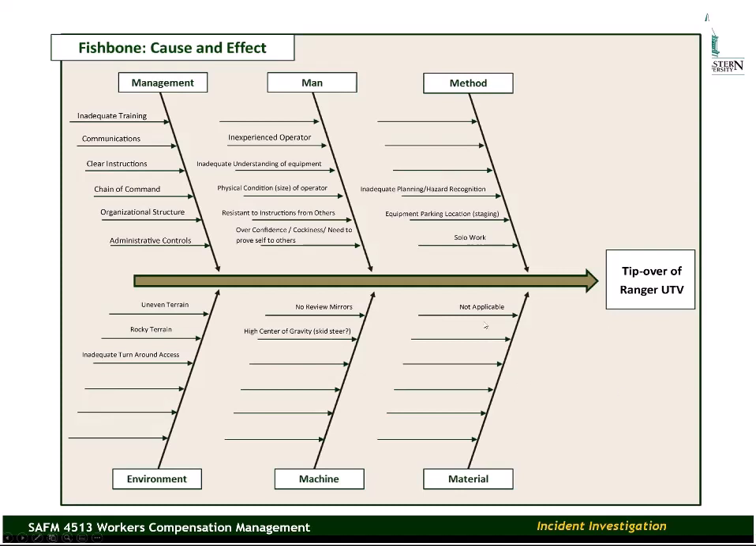As far as materials, there's really no materials that were applicable in this accident. But some of these other factors very likely contributed to the incident. So moving forward, these different possible factors need to be included in your final report, and moving further down the road from your final report may help prevent future incidents